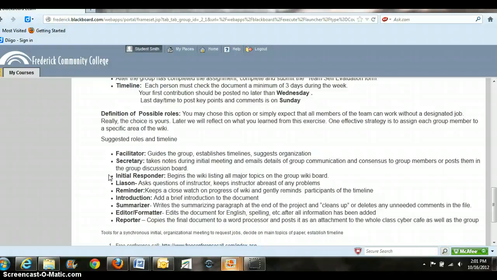There will be a person who writes the first introduction, a person who writes the summary, and then the editor formatter will copy the whole thing, fix the formatting, because remember, wikis aren't very good at formatting. Don't worry about that till he copies it and puts it in a Word document, and then he or she can edit it and spell check it and give it to the reporter, who will post it up in your small group cyber cafe, but also in the whole group cyber cafe, because we all want to have copies of